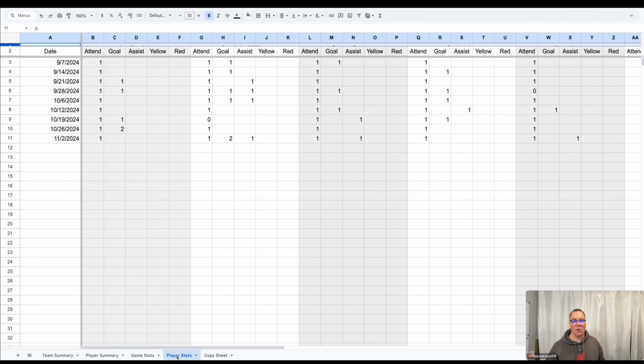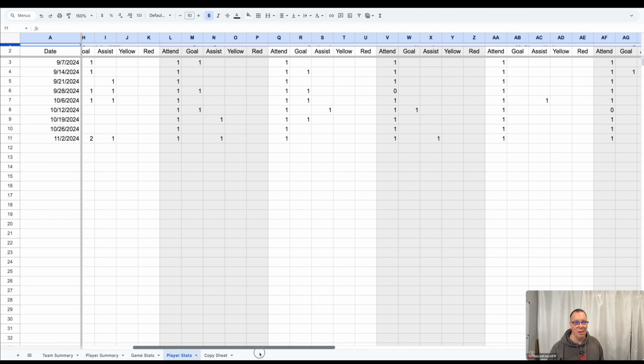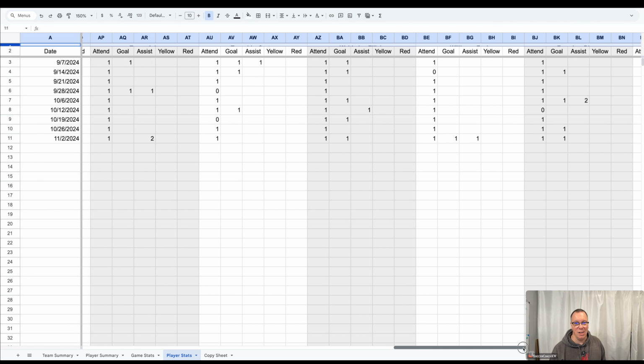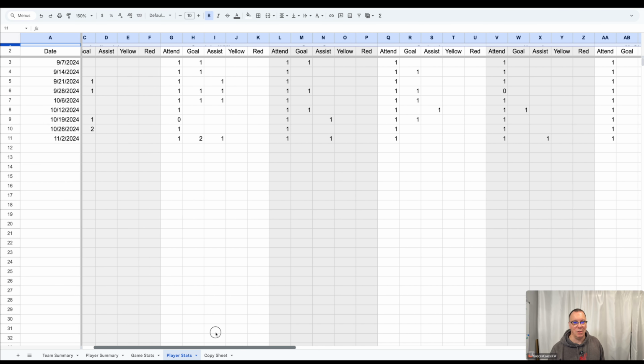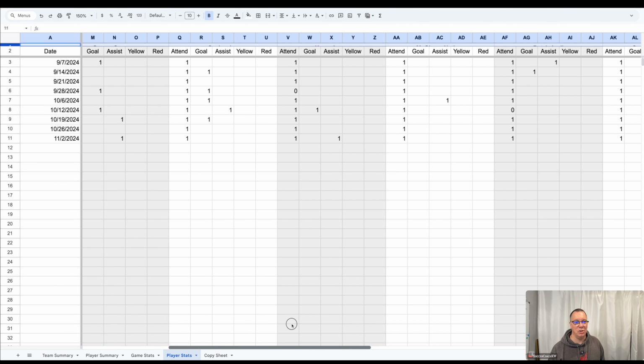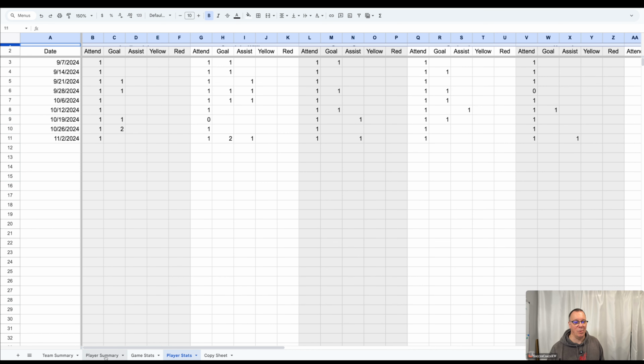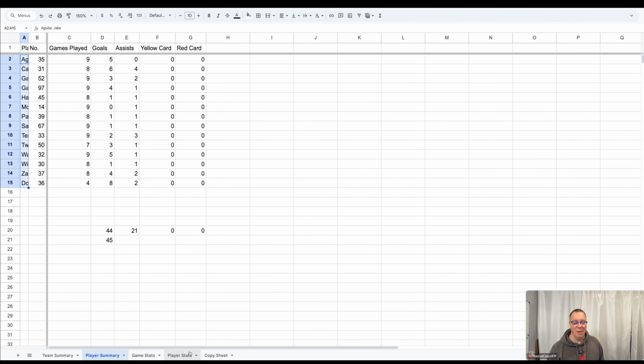So I've hidden the names across the top, but all the way across here, basically each player, each week, I add a set of columns for that information and I drop it in there just so then it summarizes into this sheet here. Is it important? No, it's not important at all, but it is fun and interesting to have that information as a coach as you look back over the season and figure out, was I putting players in the right places to get certain